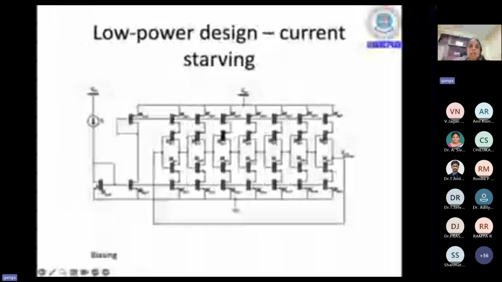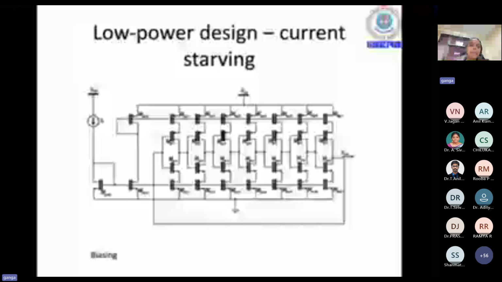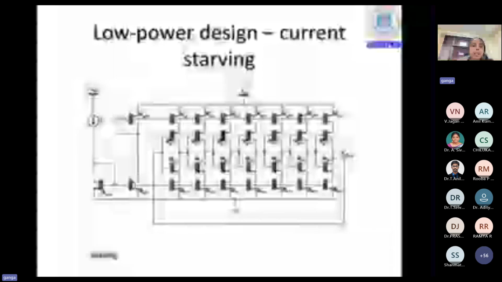As simple as that. Now, how to come up with the low power design, and why do we want low power? It is very obvious that when we have battery-assisted systems, and if the circuits are draining a lot of current, the lifetime of the battery is going to be compromised. So we always need to minimize the power consumption. Similarly, even for biomedical wearable applications, or for biomedical implants, having low power is quite essential.